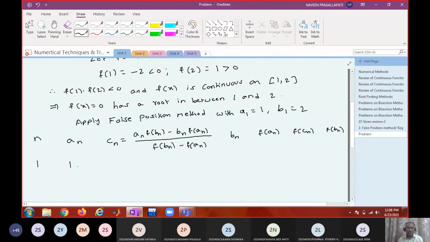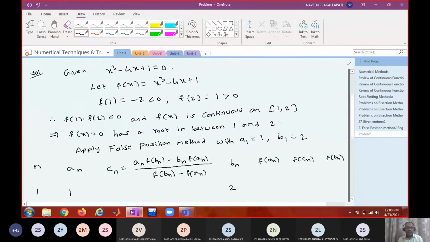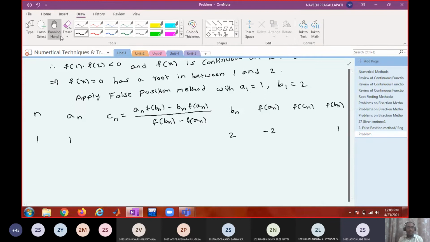So in this case, what is a1? a1 is 1. What is b1? b1 is 2. What is f of a1? a1 is 1, f of a1 is minus 2. What is f of b1? b1 is 2, f of b1 is 1. Now substitute, use all these values